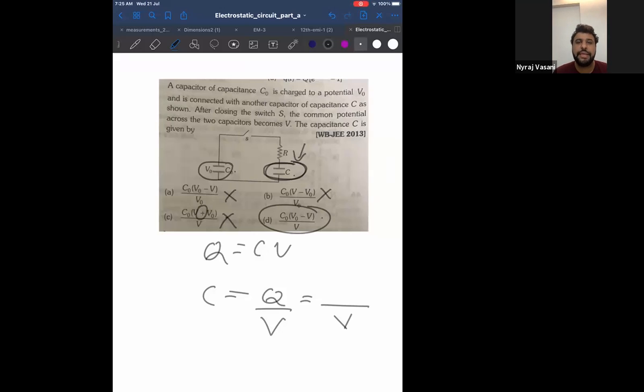Easy question. Now this is a logic question. This is actually a JEE question, but you should understand. If it asked over here, my denominator would be V naught if the capacitance was in this capacitor. But capacitance in this capacitor has to be V. Therefore, the denominator has to be V because it is the main capacitor C. And after that, you have to see the potential difference. Did you understand? Can I go to the next one?